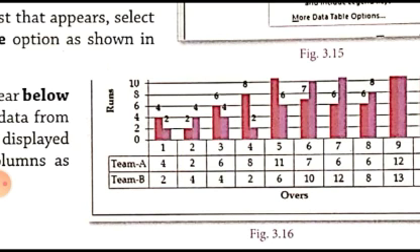Like you can see here, this chart is having 2 types of values. One value is the runs, which is displayed on the y-axis. The other value is the overs, which is displayed on the horizontal axis or the x-axis. Runs is displayed on the y-axis or the vertical axis. If you again look at runs, what are the values which we have shown for runs on the chart? We have shown the values 0, 2, 4, 6, 8 and 10. So these are the major points or major values which you have shown here.